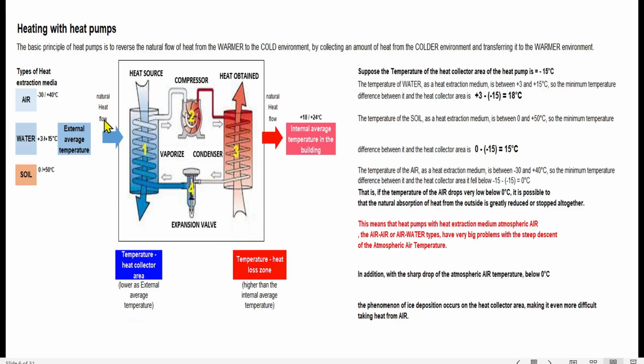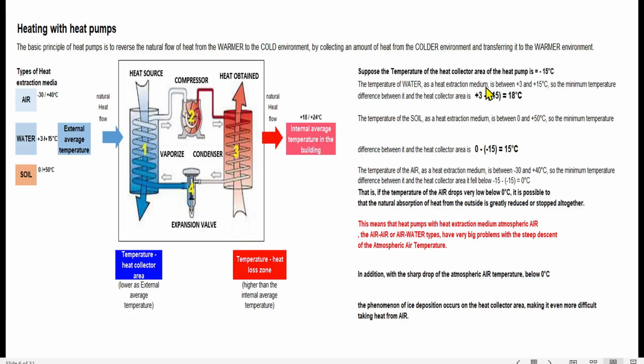Through natural heat flow, we have three types of extraction media: air with temperature between -30 and +40 degrees, water with temperature between +3 and +15 degrees Celsius, and soil with temperature between 0 and +50 degrees Celsius. Now, suppose the temperature of the heat collector area of the heat pump is -15 degrees, this zone. The temperature of water